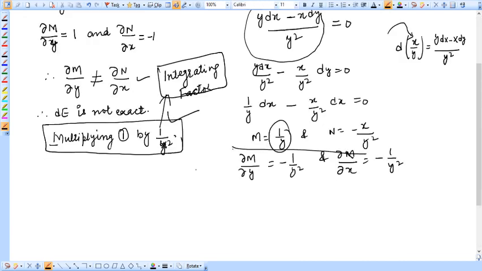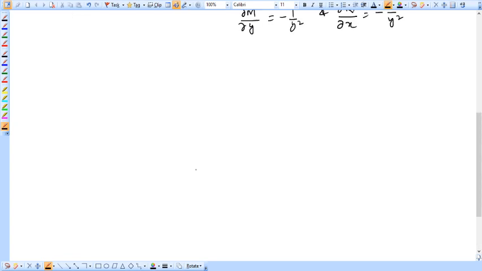So let us define this function now. What is an integrating factor? Let me write it here. Integrating factor. An integrating factor, or you can write a function